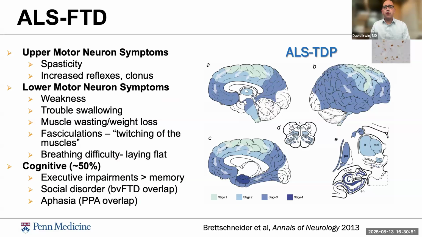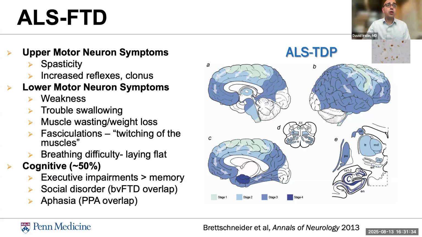Finally, just to review motor forms of FTD and overlap of motor features, ALS can emerge in some patients with FTD. This is an illustration of work that we've done looking at brain tissue and illustrating that TDP-43, the protein of ALS, and about half of patients with FTD, when it extends and involves areas beyond the motor system in ALS patients, correlates well with the emergence of FTD. So about 50% of ALS patients have some element of cognitive impairment, and this can overlap with overt behavioral variant FTD or primary progressive aphasia.